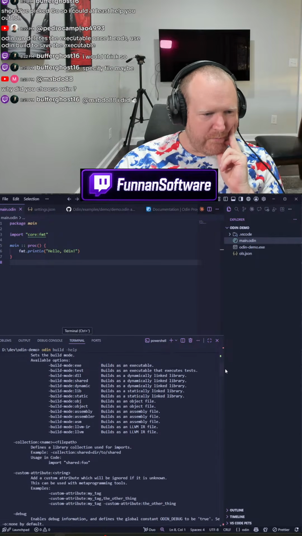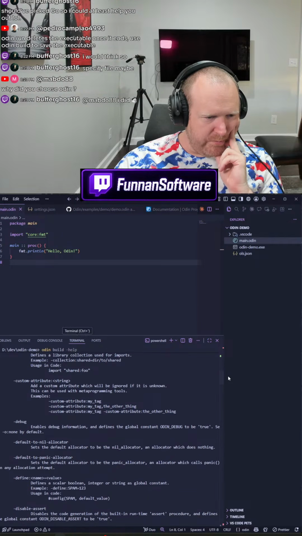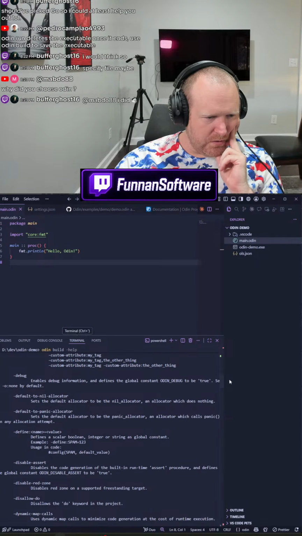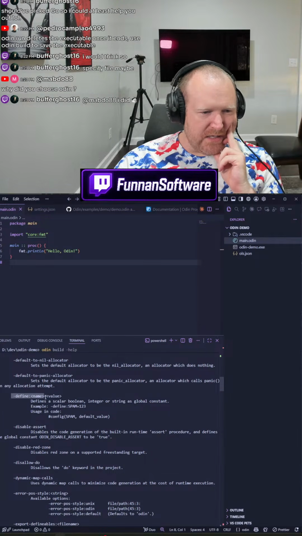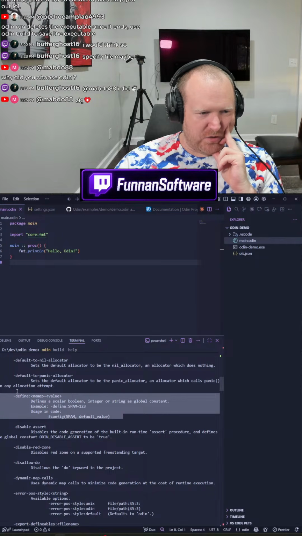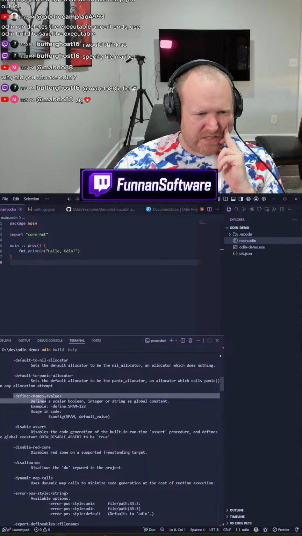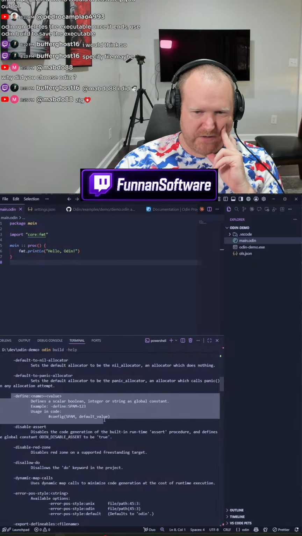But step 1, I want to put my stuff in a build folder. Okay, so Odin has what appears to be its own make system with the executable. Because for C++, I would need CMake to do something like this, right? Dash define, name and value.